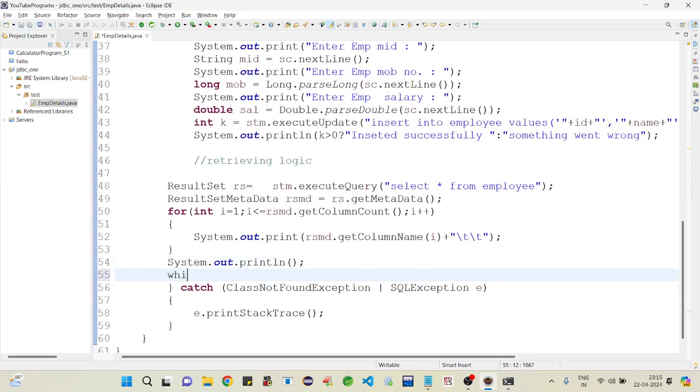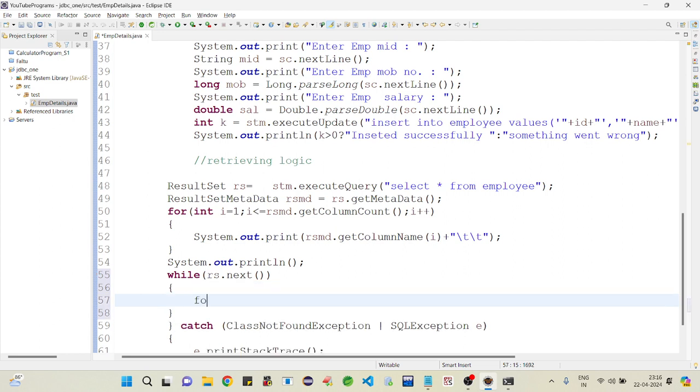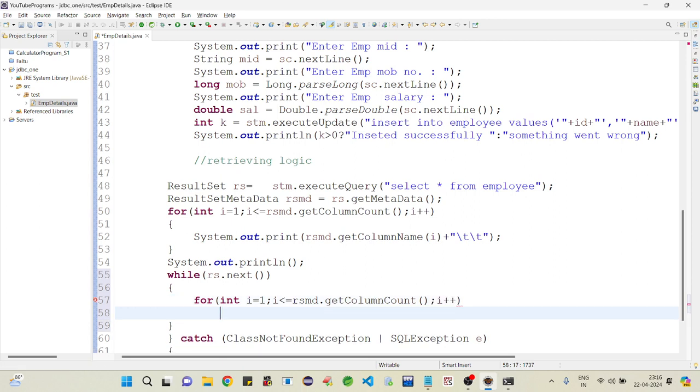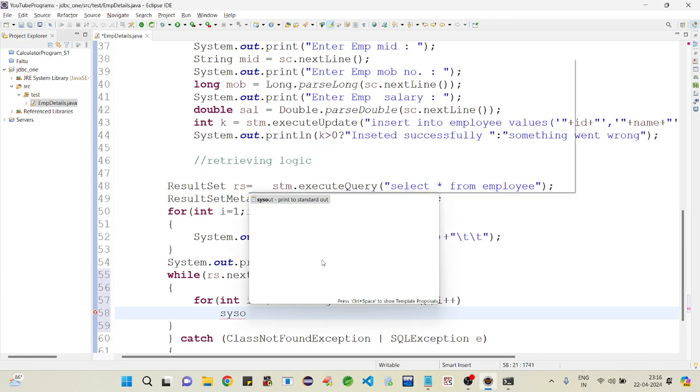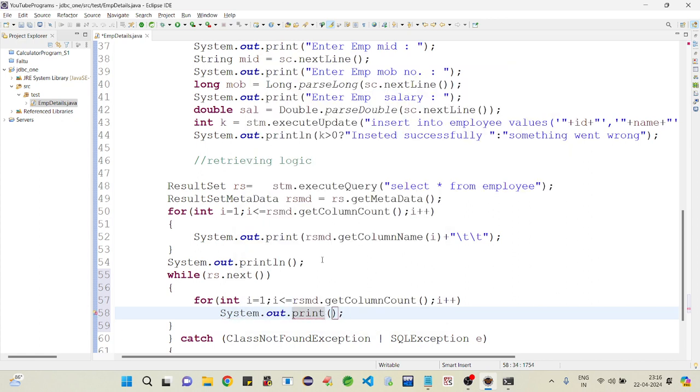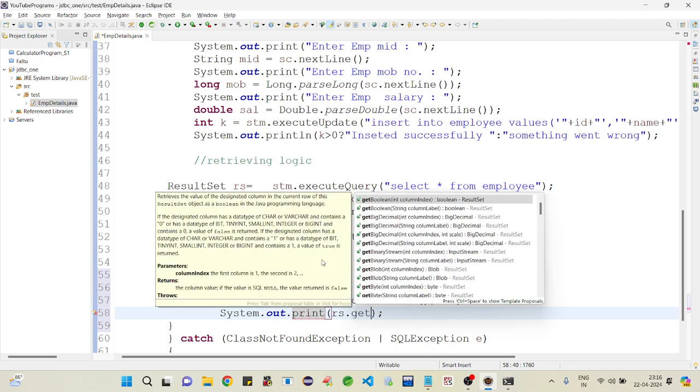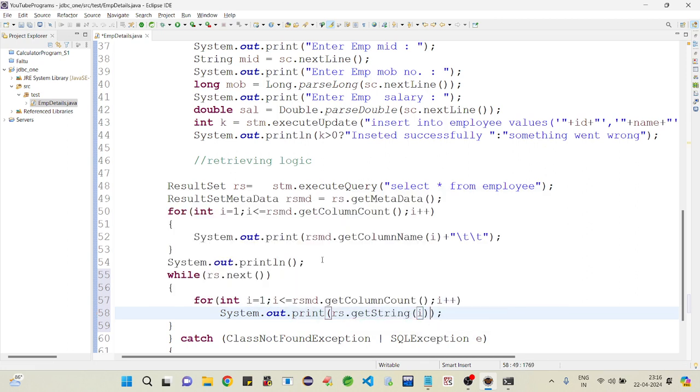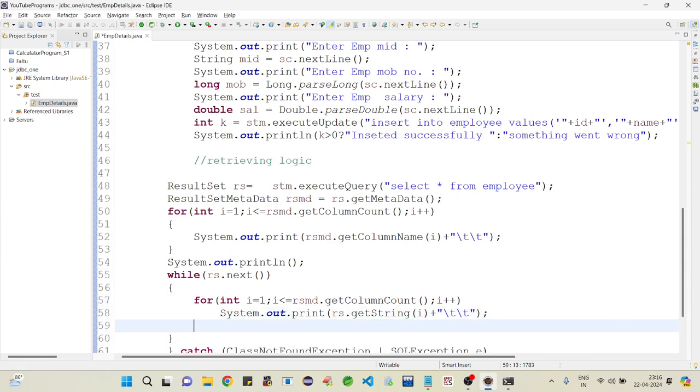Then while rs.next, for int i equal to 1, i less than or equal to rsmd.getColumnCount, i plus plus, this out statement prints rs.getString(i) plus \t. After that I am changing the line.